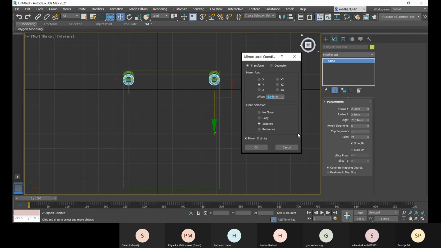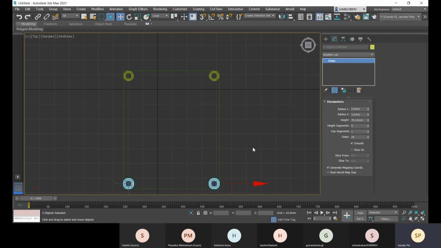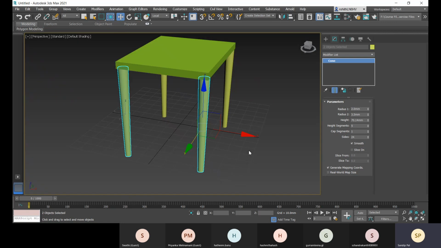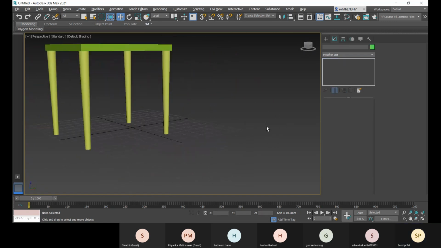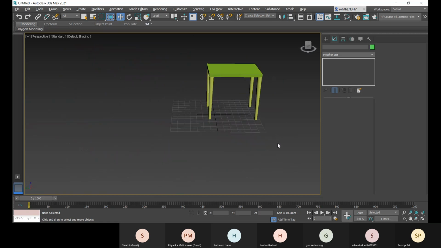Like let's first provide minus 80, enter, and that will be minus 73, enter, and that is placed. Click on OK, and here you can see that is created.